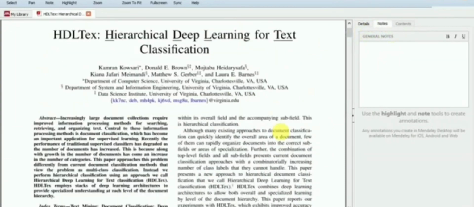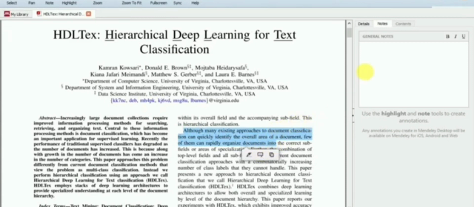From the notes section you can take notes, and also you can highlight text by selecting the text and clicking on the highlight button. In the notes tab we can write anything about this highlighted text. We can easily copy any text from the paper and paste it to the notes section.